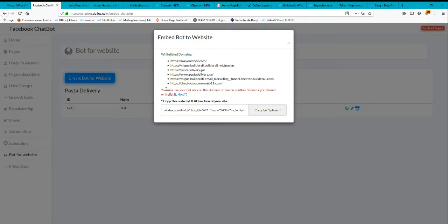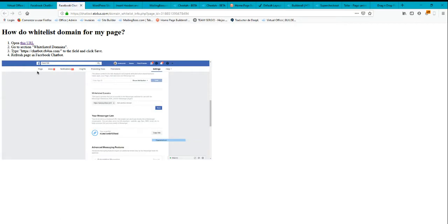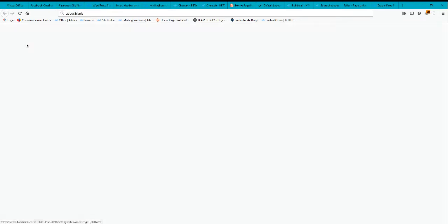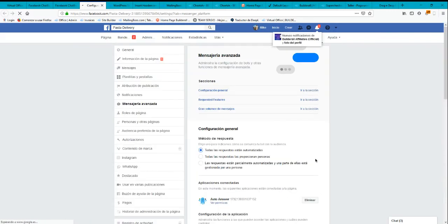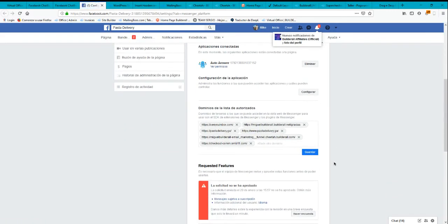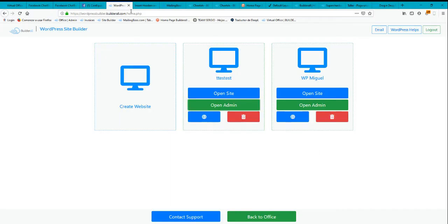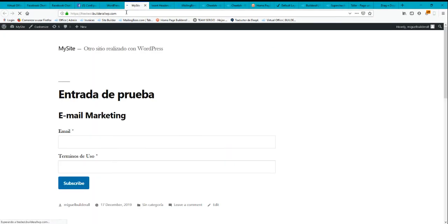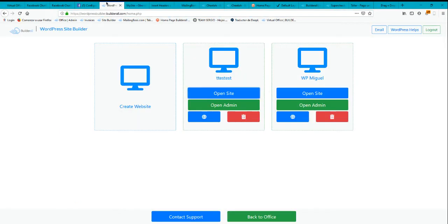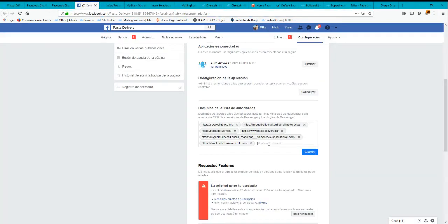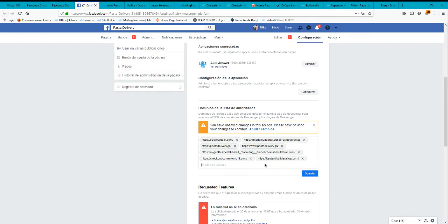So let me show you how to add the domain. I'm just going to click here on how. Okay, it will take me to this page. I'm going to open the URL. So I will be adding my domain, or the URL of the WordPress site. Since I don't have any domain connected on this WordPress site, I'm just going to use the URL that is provided by Builderall. Okay, so we're going to go to Facebook, and I will be adding